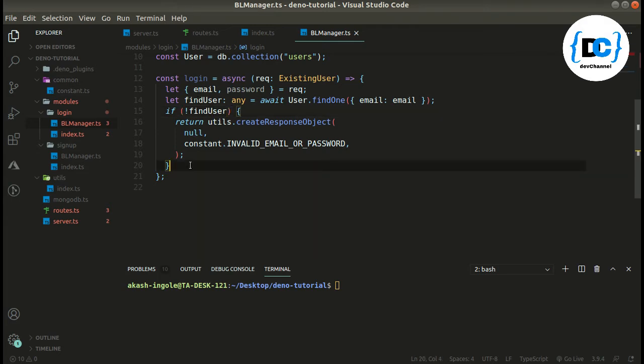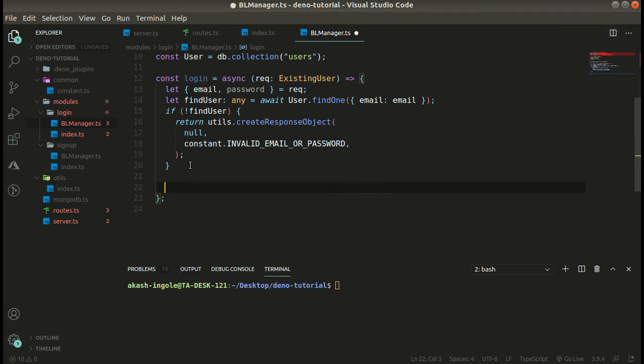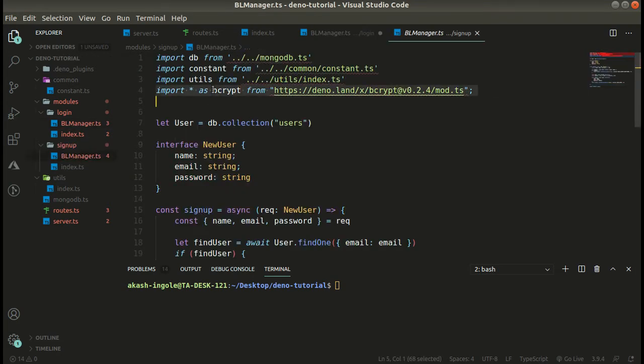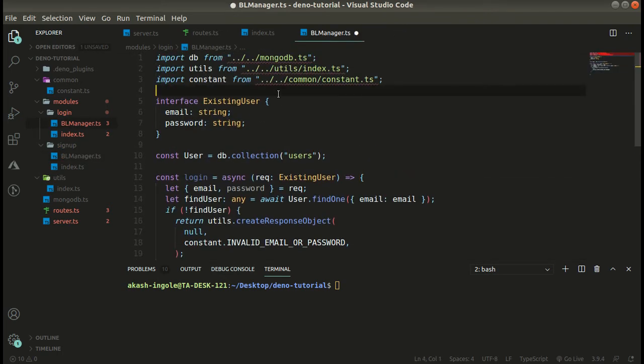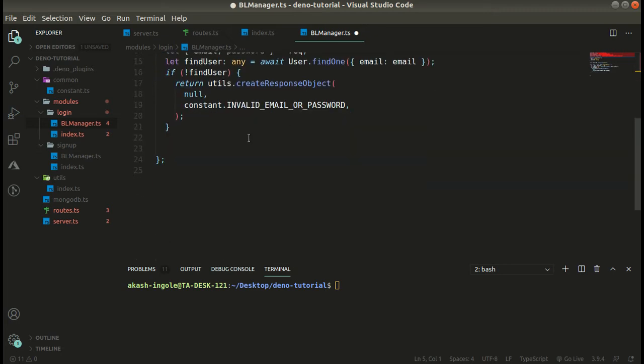Now, if the user exists, then we have to compare the password. For that we are going to use this library bcrypt. Let's import it. Now here we can check if the password that we are receiving in the request is valid.